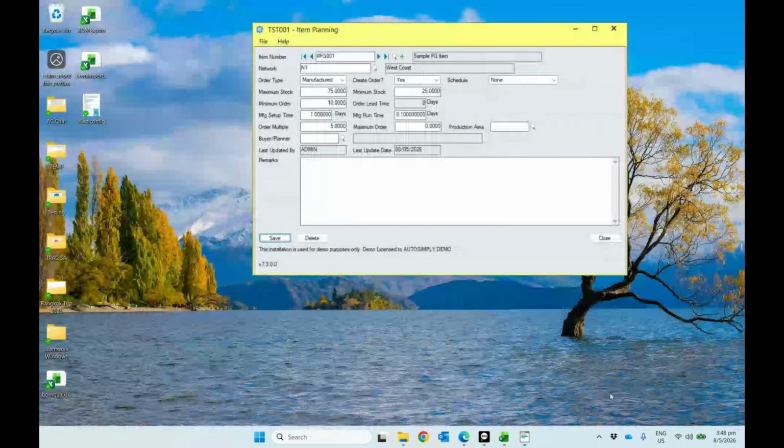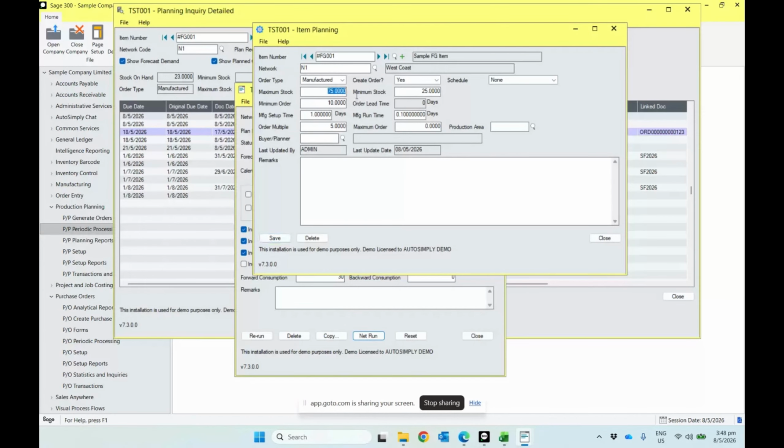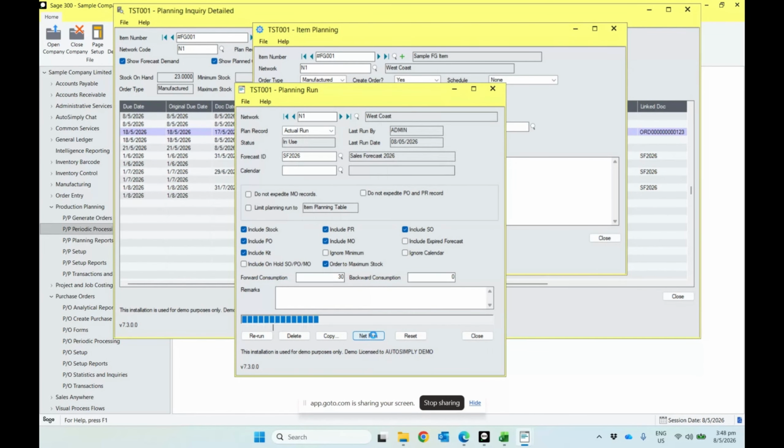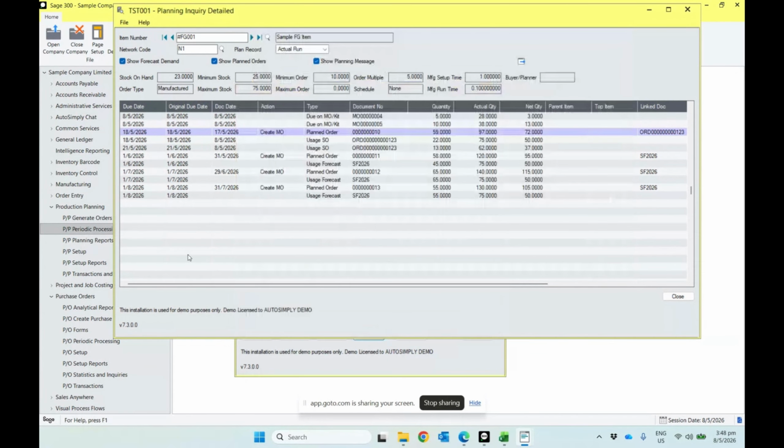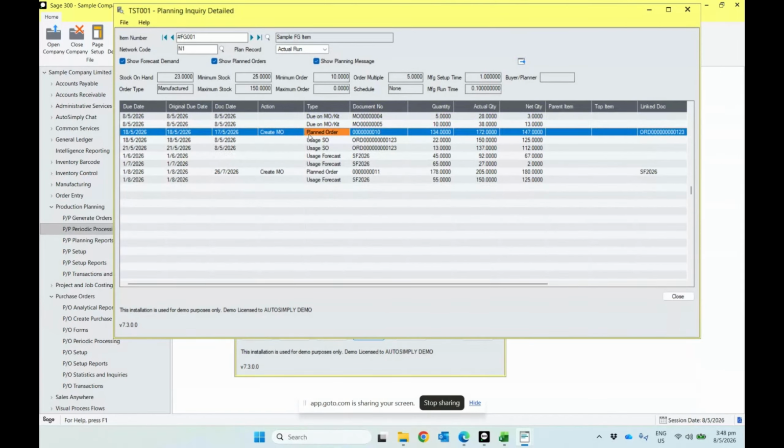Okay, I will double it. Let's say 150. Okay, and then let's do another run again. Because the demand was roughly at the same time, so at the same value, so it's hard to see. So you can see, originally we were having planned orders almost on a monthly basis, but now because we